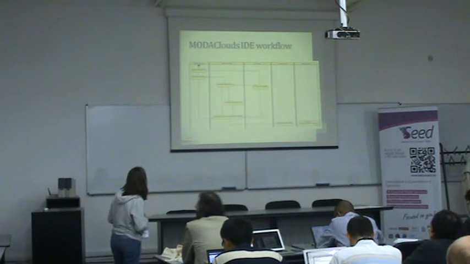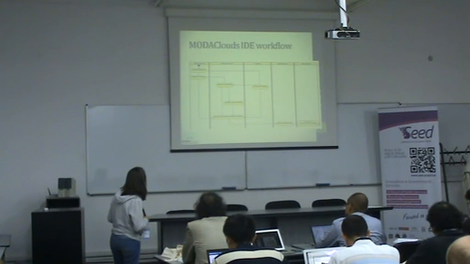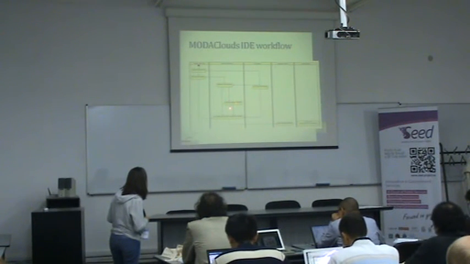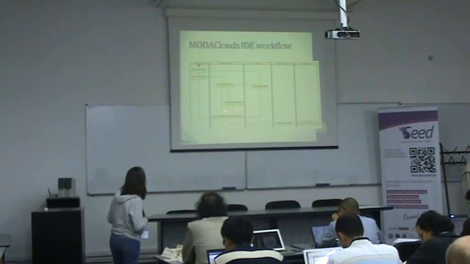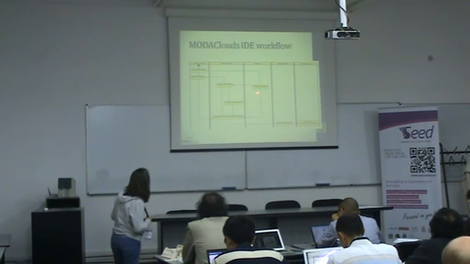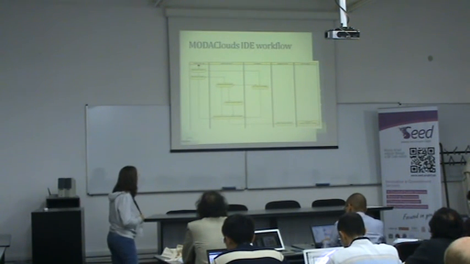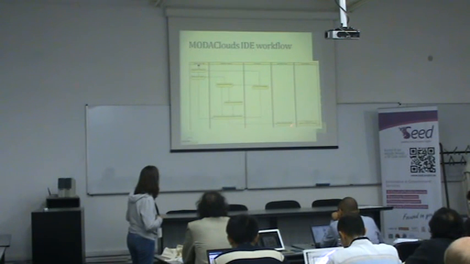Then we have the application data and data design, the realization of the components, so the software. We have the specification of the deployment. Here, in parallel with the functional design, we have the quality of service analysis and modeling. And in the end, we deploy our application. And we have this language that is called cloud